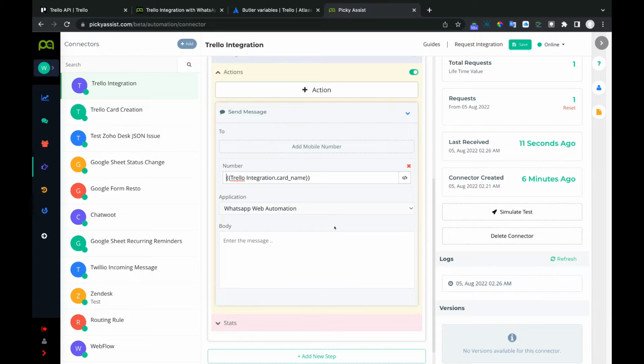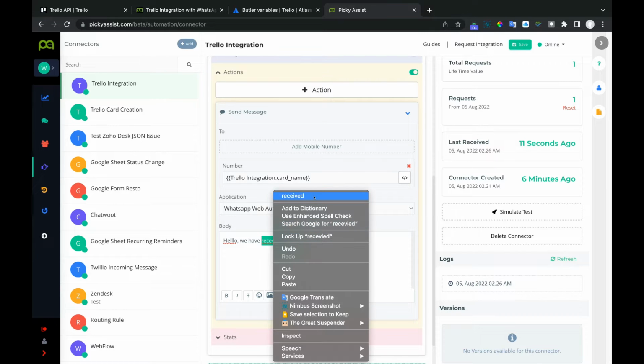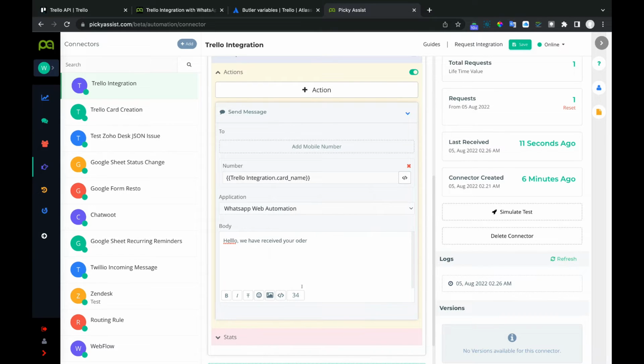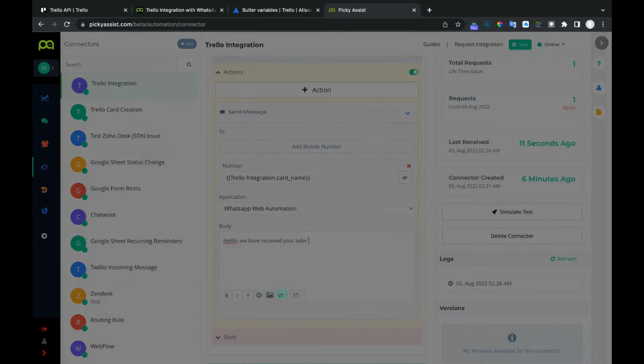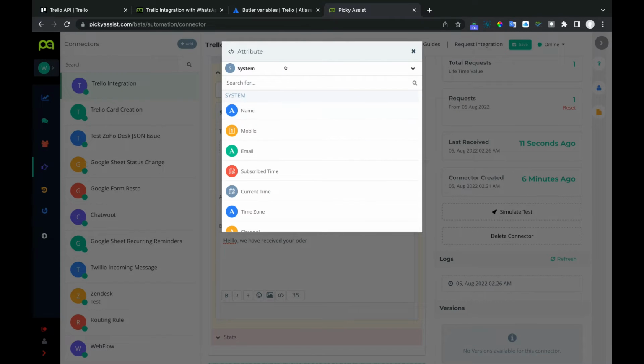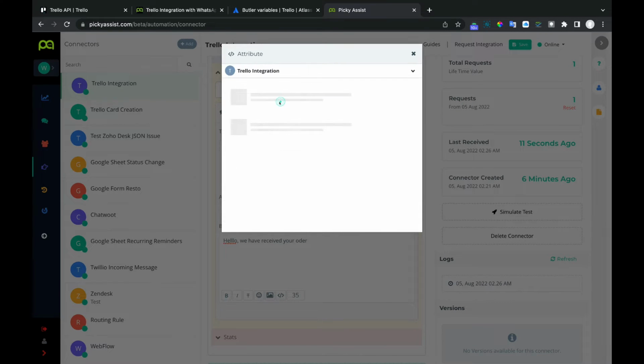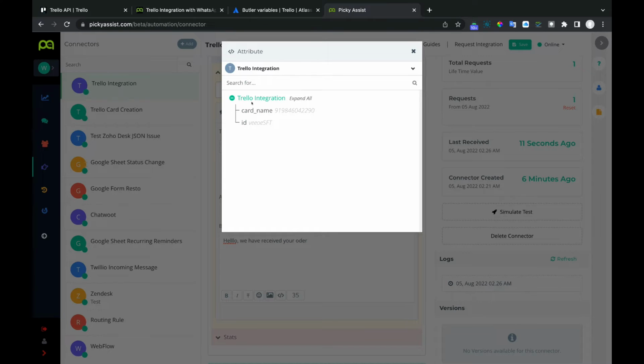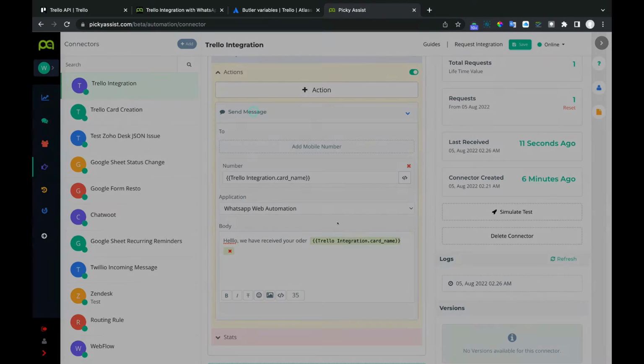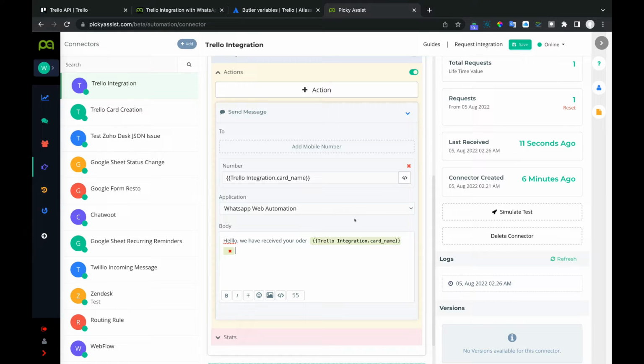Okay. Now whatever message you want to send, for example, hello, we have received your order. Whatever information you would like to add here, you can add, and use this attribute field to personalize. Always make sure that you select the Trello integration to send the personalized message. So we will just use the card name for testing purposes.